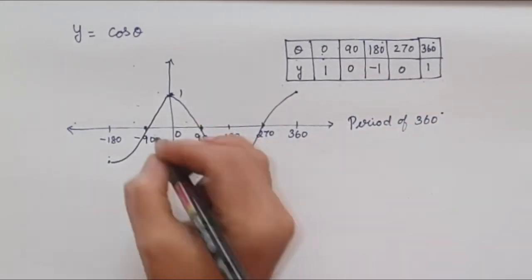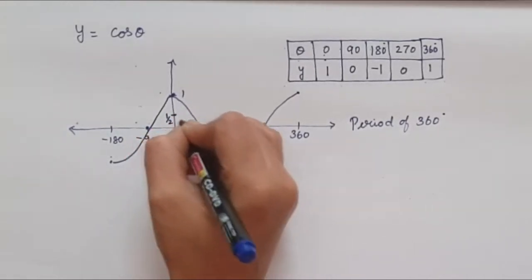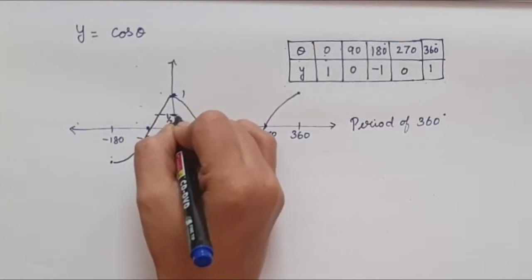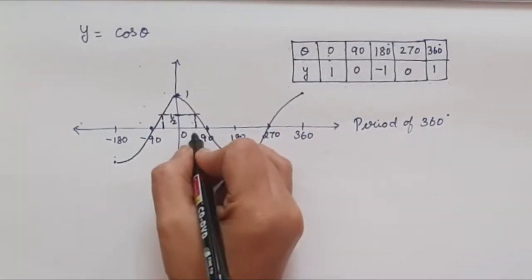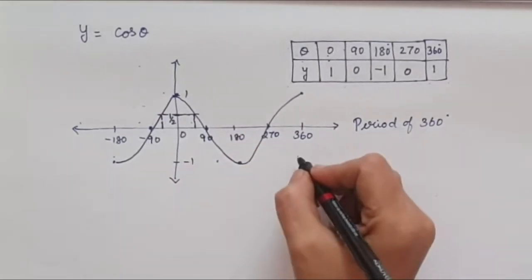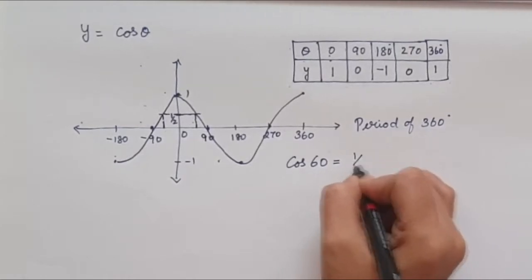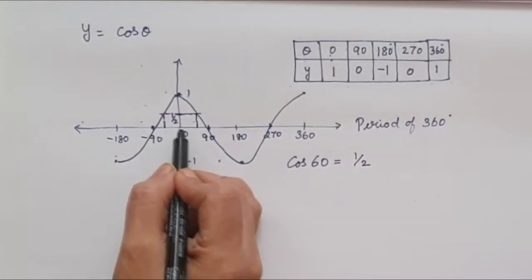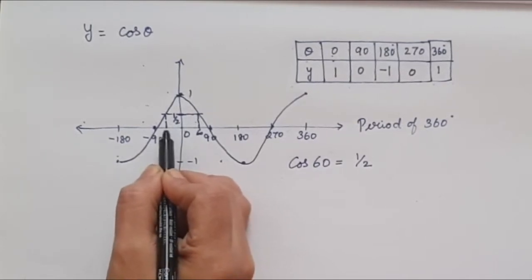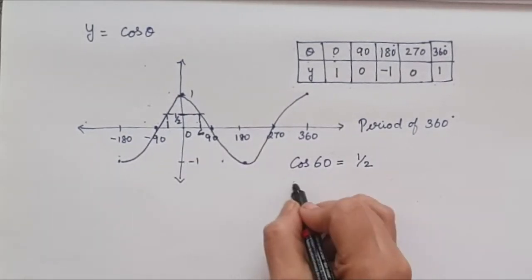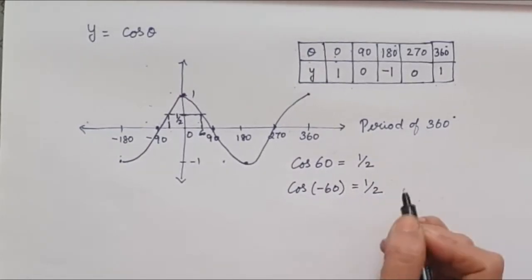Now, like how we checked previously for the value half, when we take the value half, here we have one point and here we have the same answer. When we check with our calculator, we see that cos 60 is equal to half. In the same way, from 0 to this point is 60. We are going back over here, so automatically this will be minus 60. So cos of minus 60 will also be equal to half.